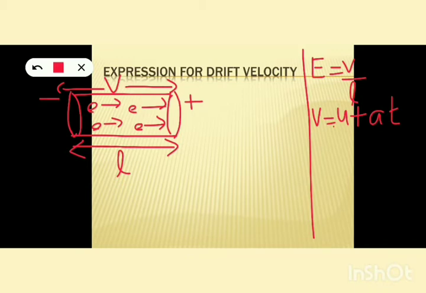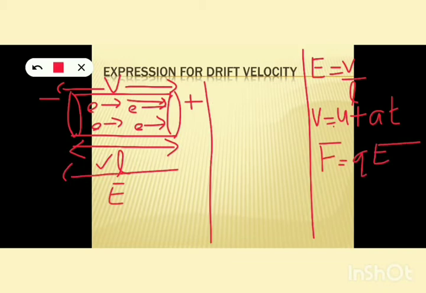So we have considered a conductor. L is the length of the conductor. We have applied an electric field across the ends of the conductor, and under the influence of that electric field, electrons rush towards the positive end of the field, and let V be the potential difference across the ends of the conductor, because one end is at a negative potential and one end is at a positive potential. So there is a potential difference across the ends of the conductor, and the potential difference is denoted by capital V.